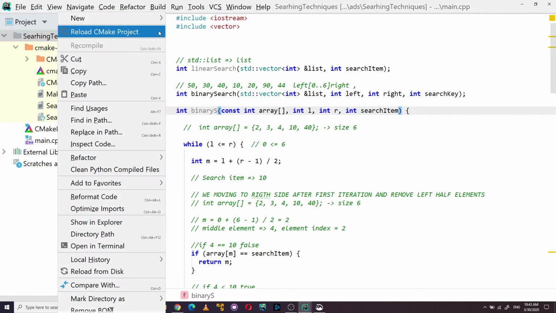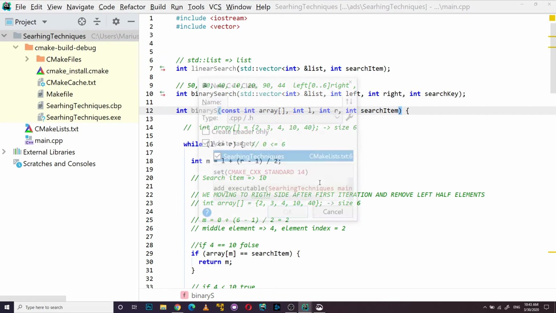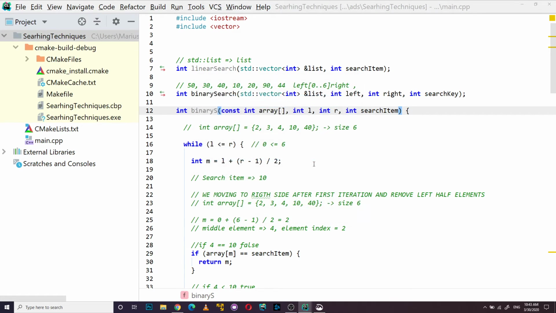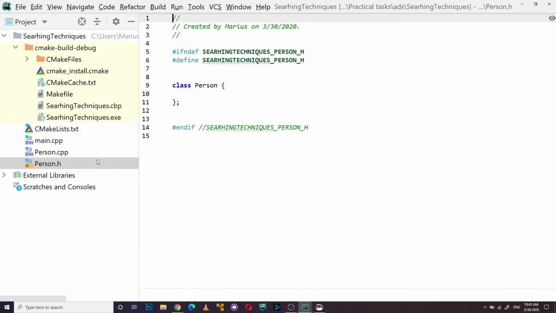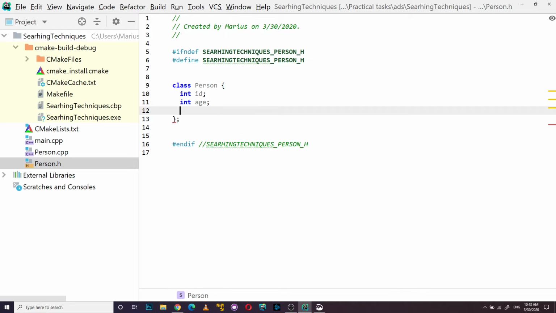And we create, for example, a person object. When creating the person class, we create an ID and age, std string name,